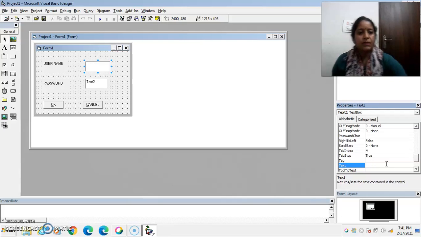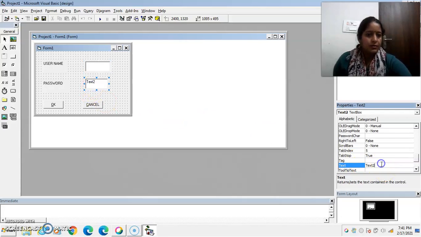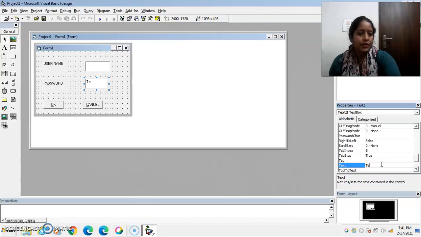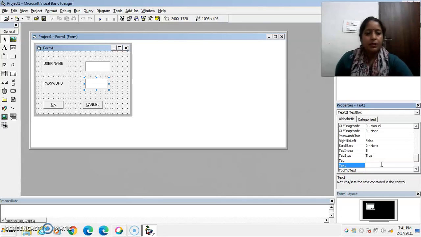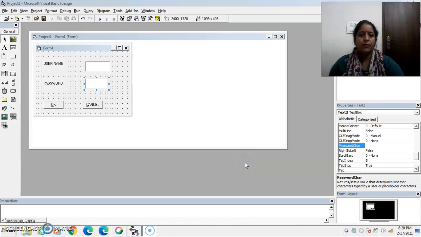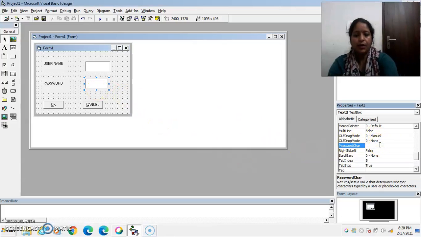I want to display this text box control as an empty box to the user, so empty the text property. Okay, so this is our password box. So set the PasswordChar property of the text box control to asterisk to make it a password box.